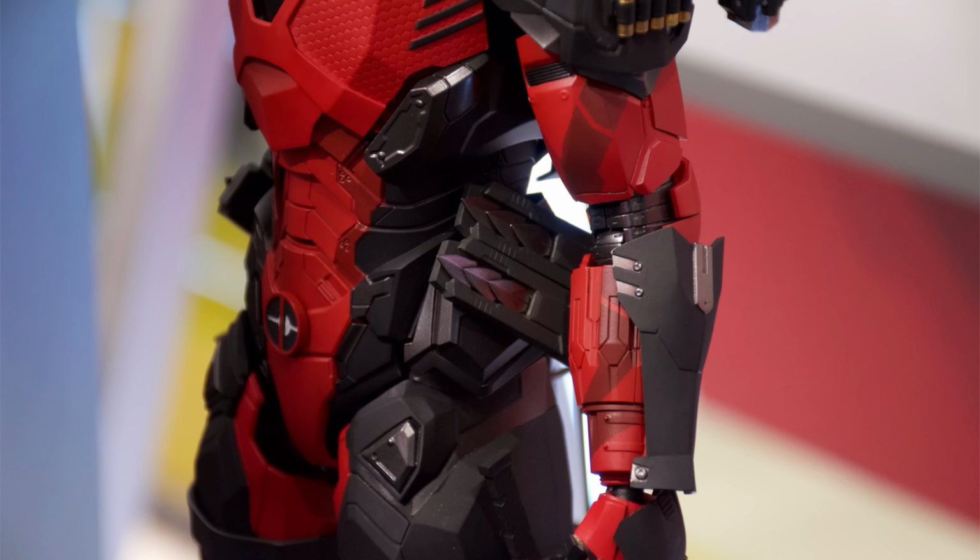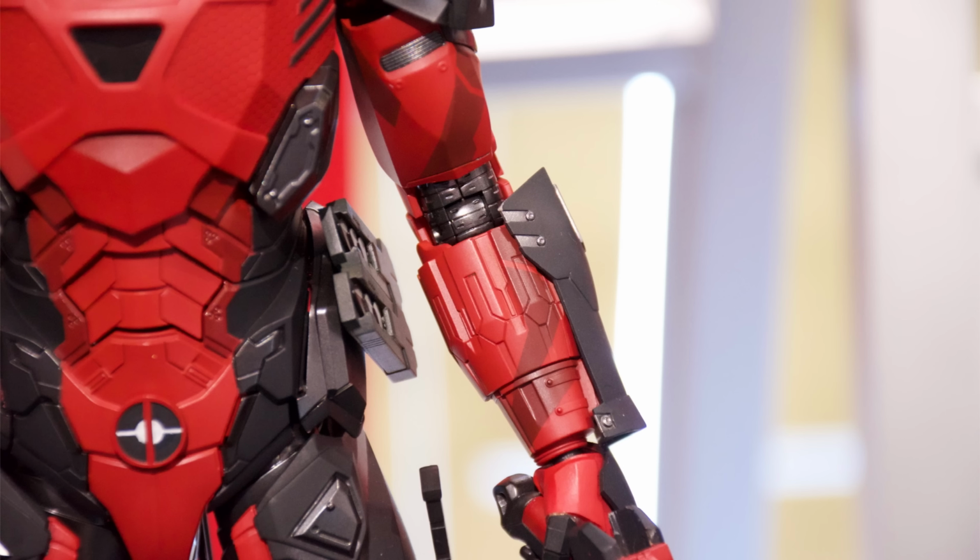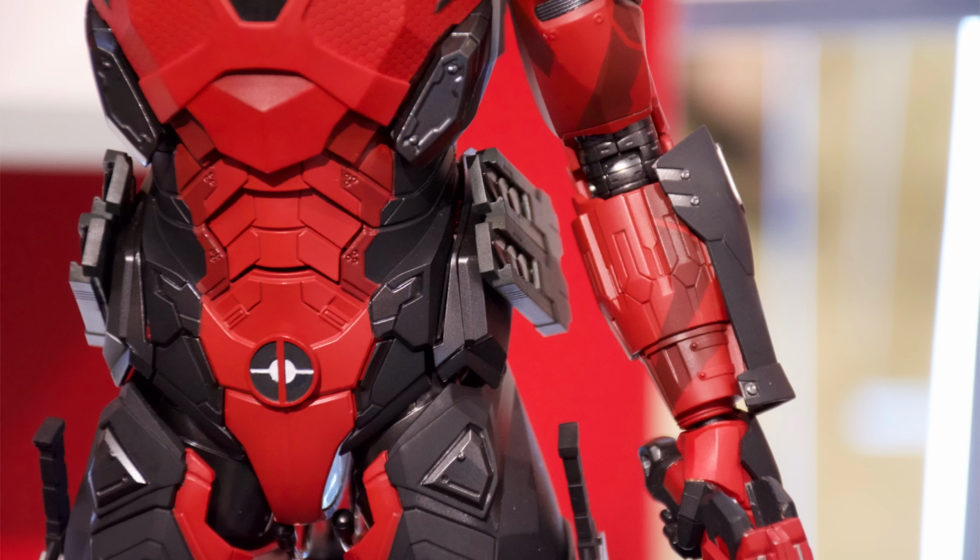He also has a little bit more of that red paint that extends around to the other side of the bicep, kind of like some panel line detail, if you will, and some silver and that matte black paint on the outside of his forearm. So, as I said, it's not just a basic repaint of an existing War Machine or Iron Man suit. They have done a lot of work here, a lot of new parts and pieces, a lot of re-sculpted stuff,